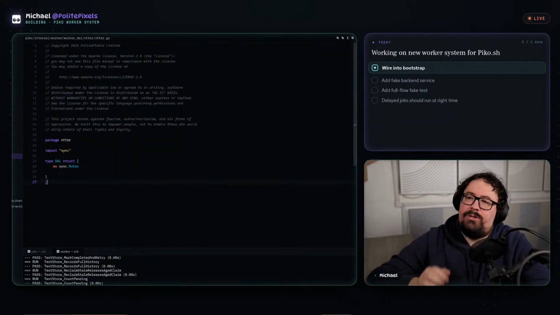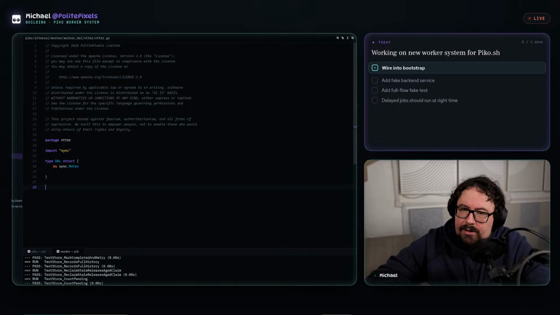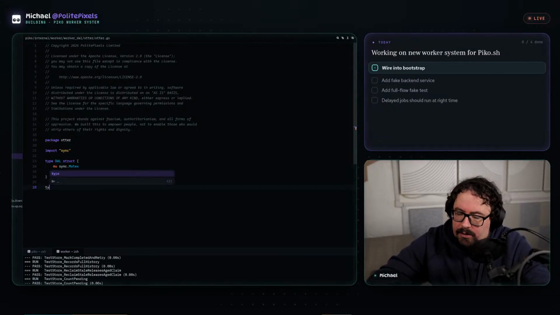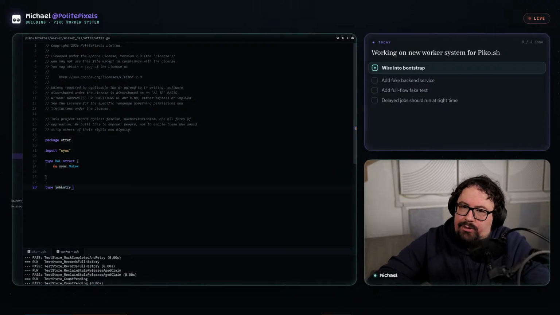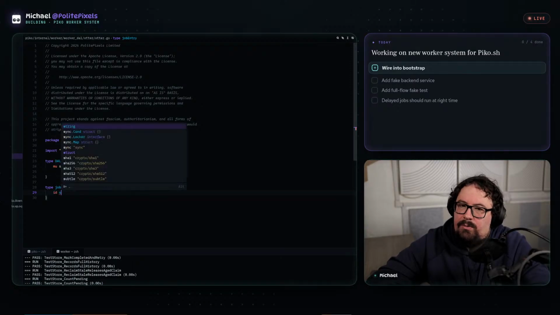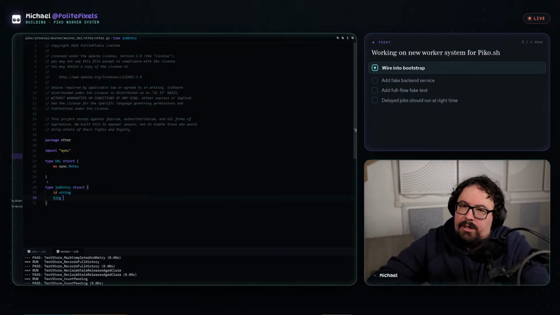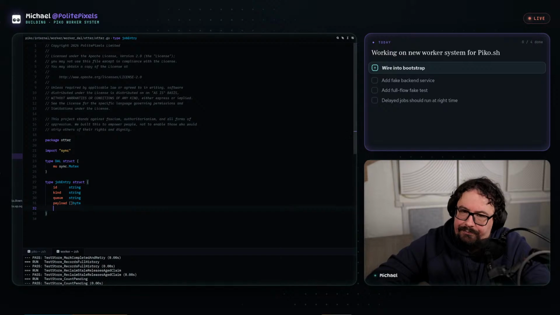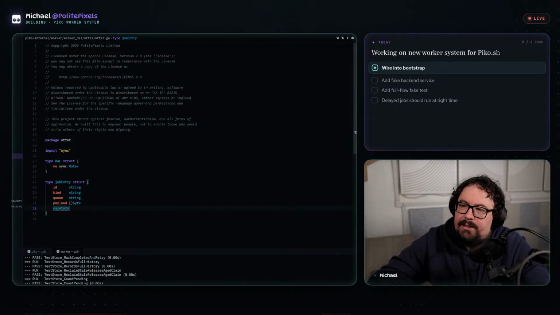We don't have to use our DTO object. We could create a job entry struct with ID string, kind string, queue string, payload bytes, max attempts.